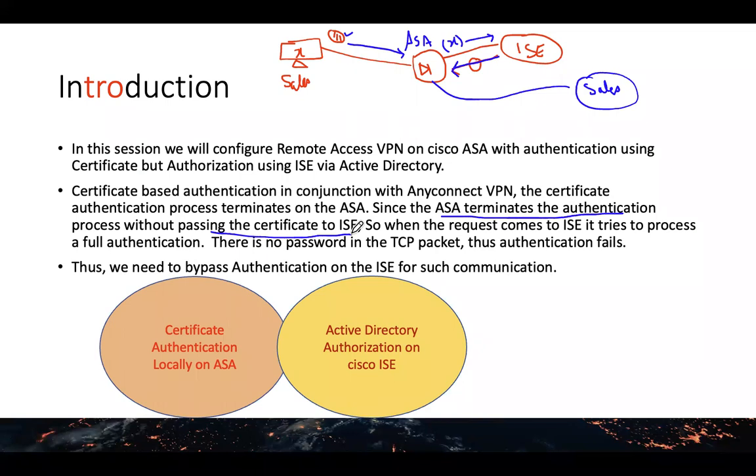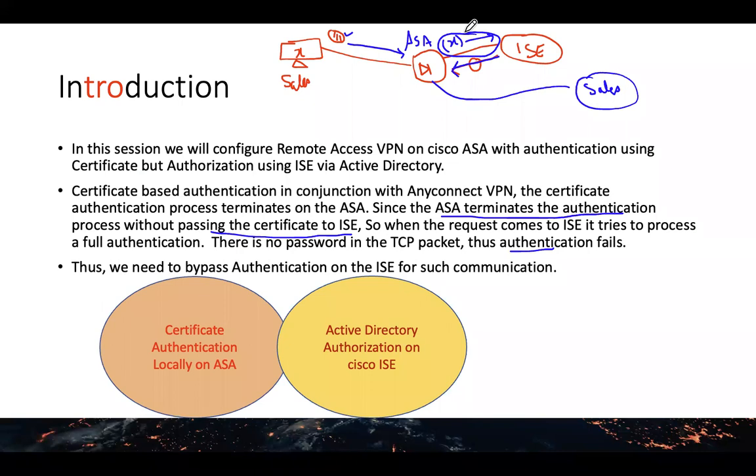So when Cisco ISE receives those authorization packets, the authentication is bound to fail, because in this packet, what ASA sends to Cisco ISE, it doesn't have any passwords or any certificate. So when this request from user X or sales user is received, Cisco ISE will fail the authentication,